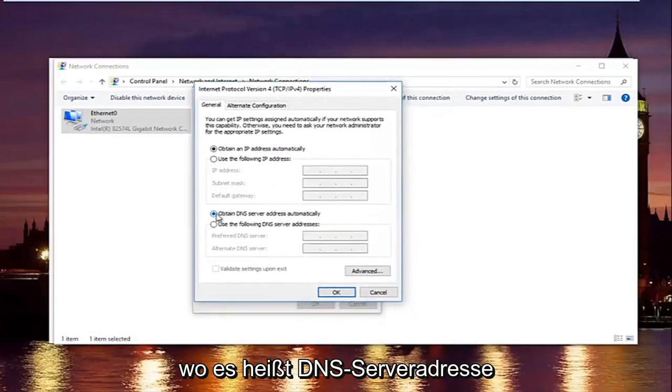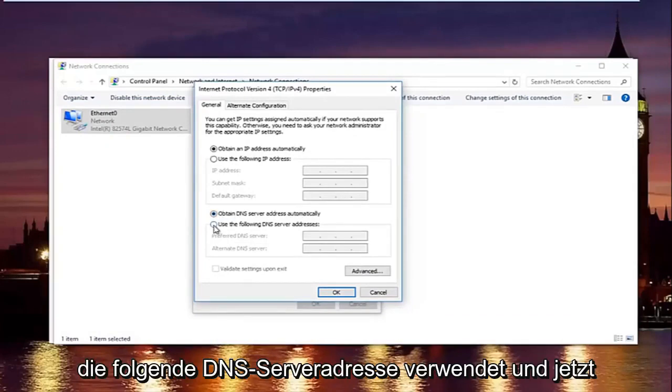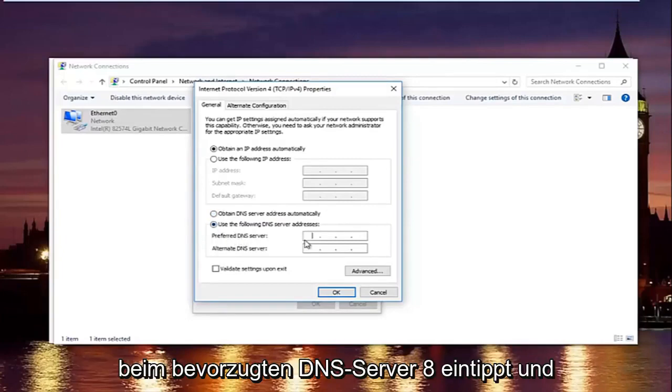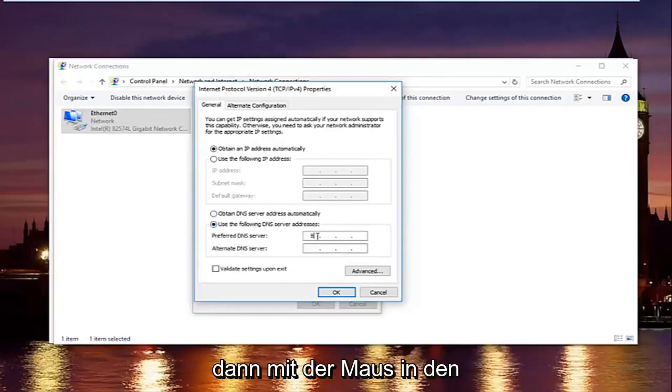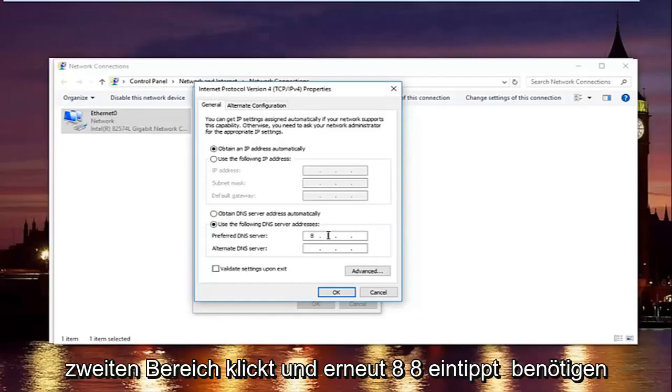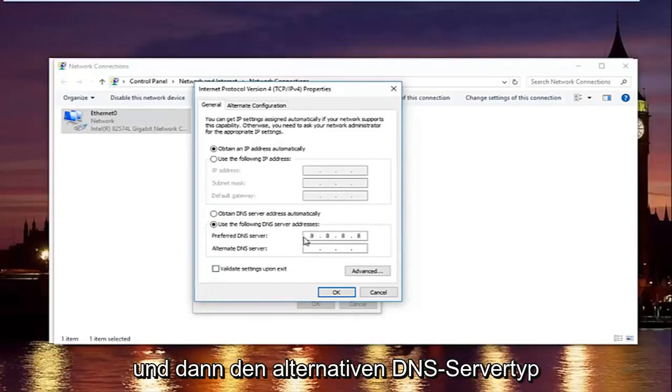Now at the bottom where it says obtain DNS server address automatically, left click on the selection underneath that says use the following DNS server address. And now with the preferred DNS server, type 8, and then using your mouse, click into the second area and type 8 again, 8 and 8. And then the alternate DNS server, type